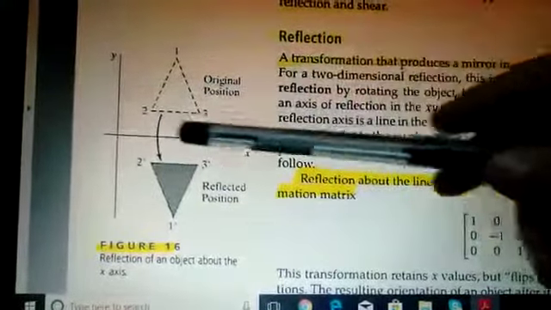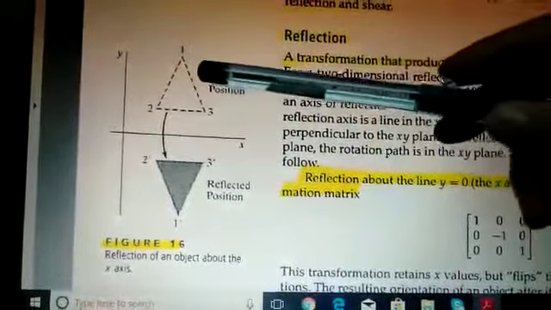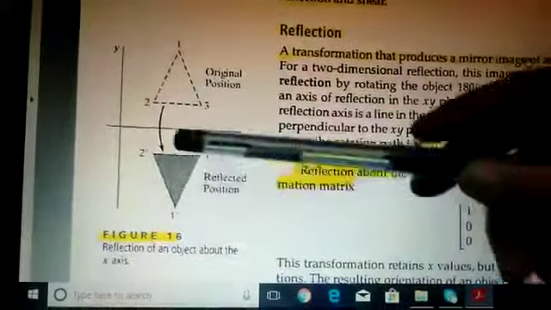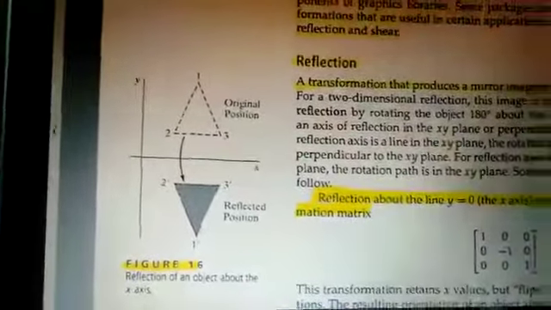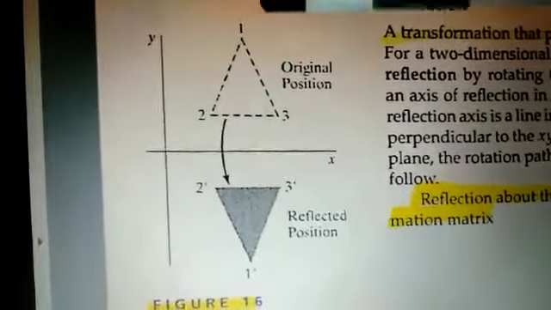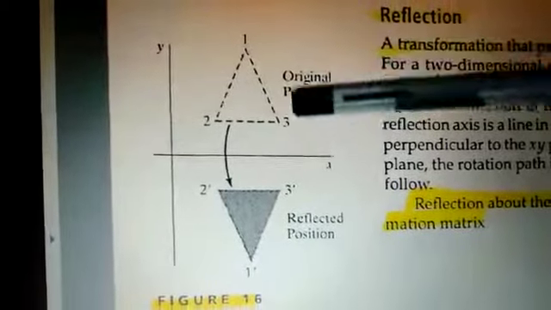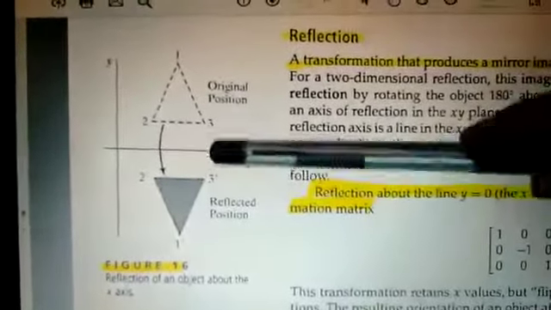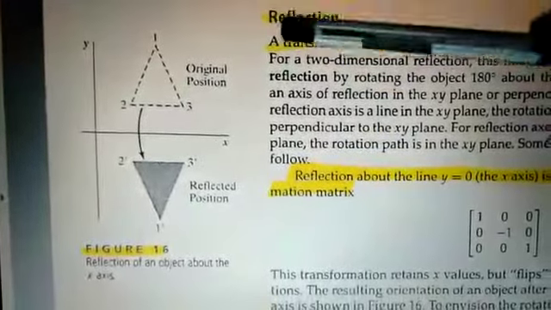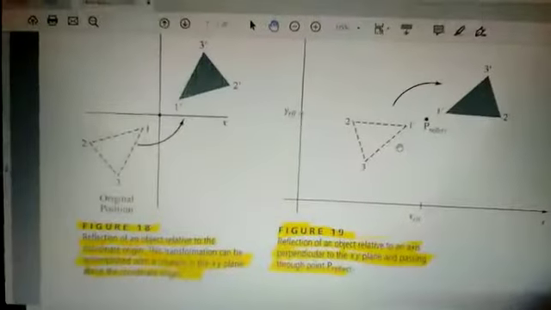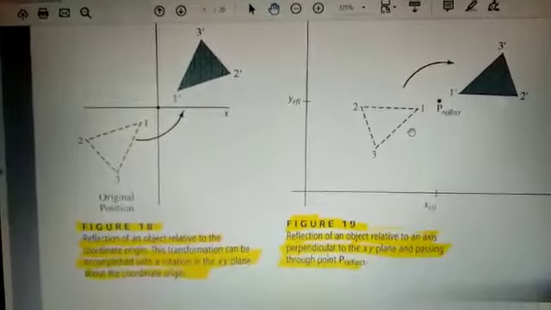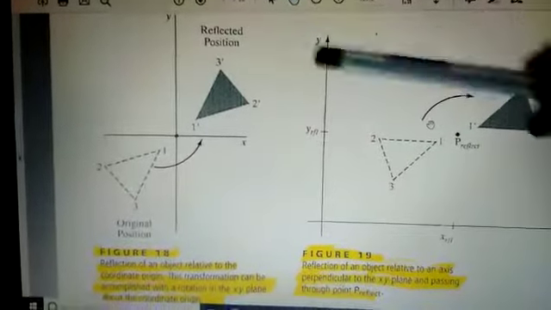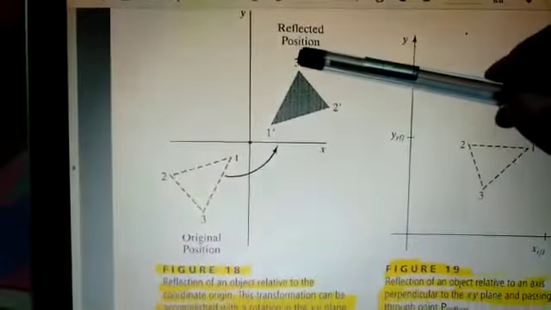If you have x and y coordinates and the original position of the object, the reflected position could be in the opposite coordinates. If we see the vertices of this object as a triangle, 1, 2, 3, the reflected vertices could be 1 dash, 2 dash and 3 dash with respect to the transformation called reflection. We can see other two examples in the above pictures, where we have the reflected position as 1 dash, 2 dash and 3 dash.